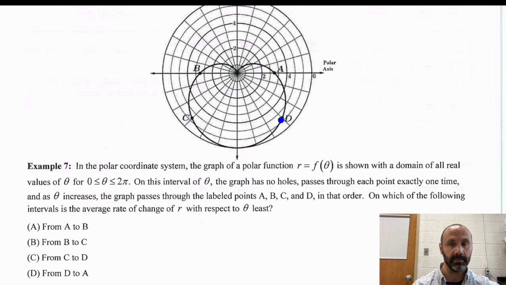C and D are both the same R value. And so that's 0. So it looks like it might be A to B and C to D. They're both 0 rate of change. But D to A is decreasing. R is decreasing. So this would be a negative rate of change. In other words, a decreasing rate of change. And so that is the least rate of change. So that's the answer